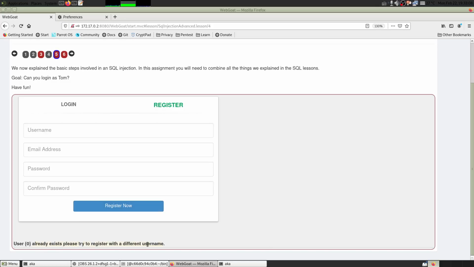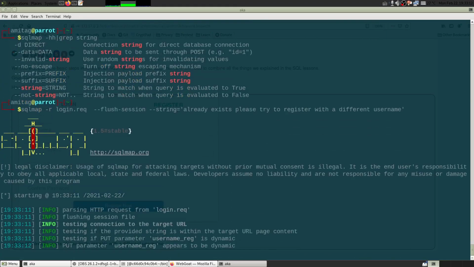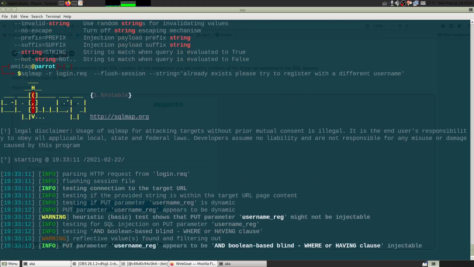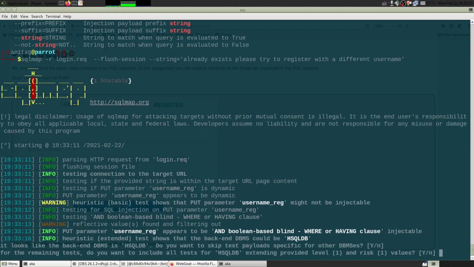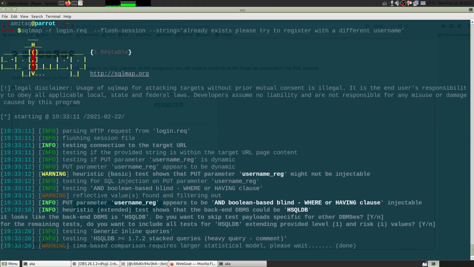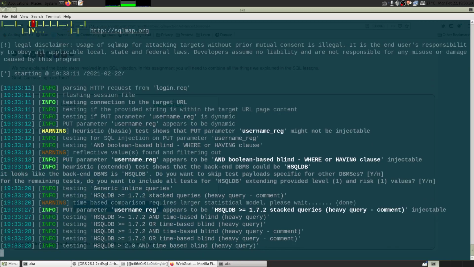Let's copy this and use this here. This will tell SQL map when to understand that the query is true, and this helps SQL map come up with a better SQL injection, right?